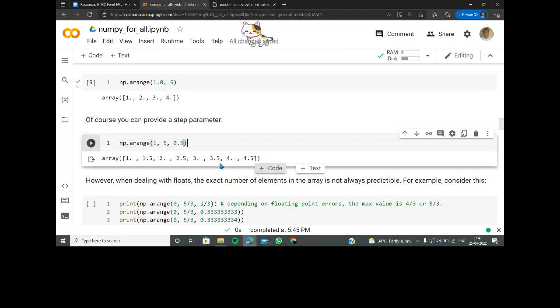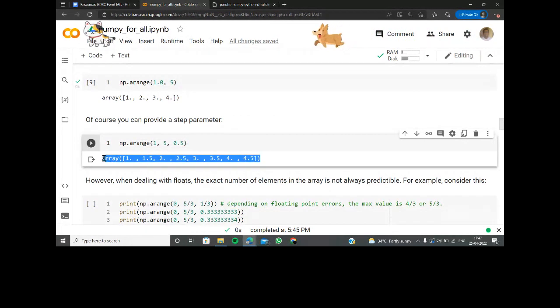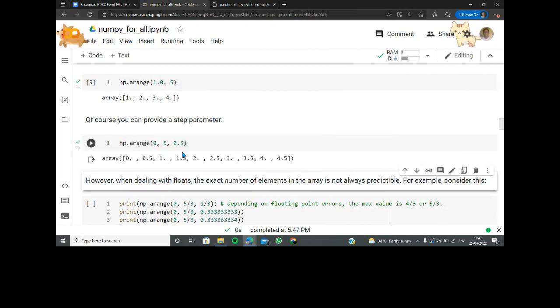So if you think of 1 to 5, probably there is around 1, 1.5, 2, 2.5, 3, 3.5, 4, 4.5, and that many elements are already here. So 1, 2, 3, 4, 5, 6, 7, 8. 8 elements were already considered here. But if you had started from 0, there would have been 9 elements.